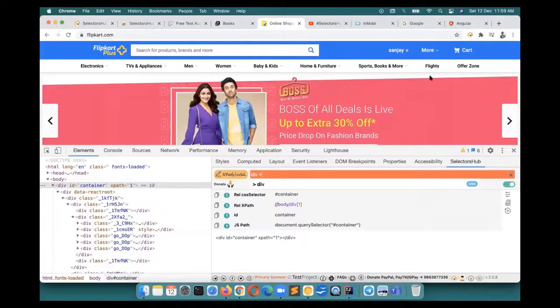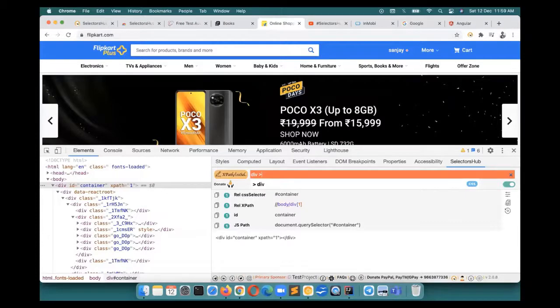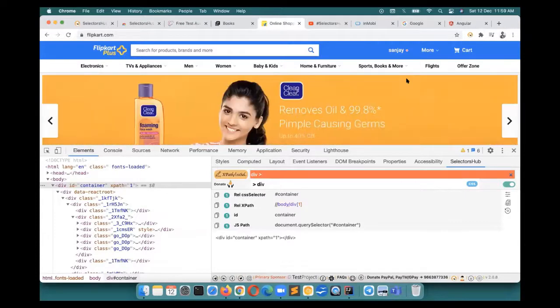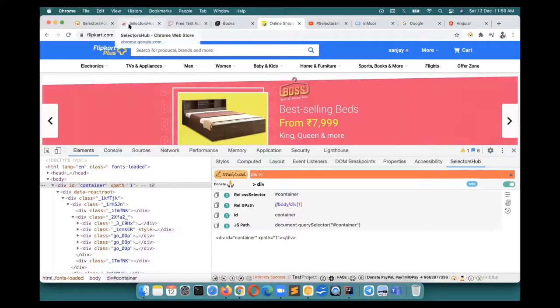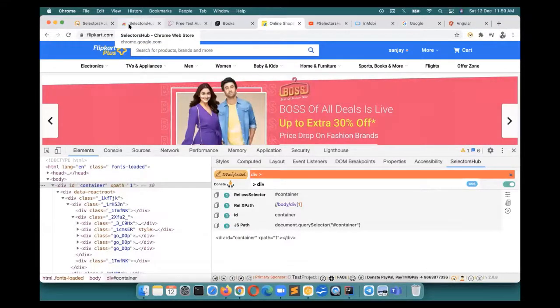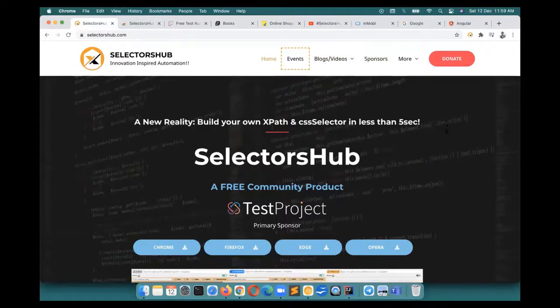Yes, so the idea about this tool came because most of the time it was always said that we should not use any XPath tool, right? So when I invented and created the tool, many times I got this question that we should not use an XPath tool, because we will forget the XPath writing skills, and copying XPath from any tool is not good. So it was always criticized.